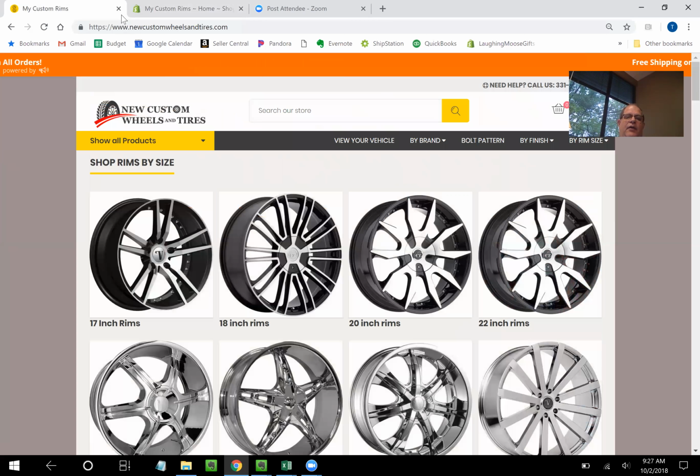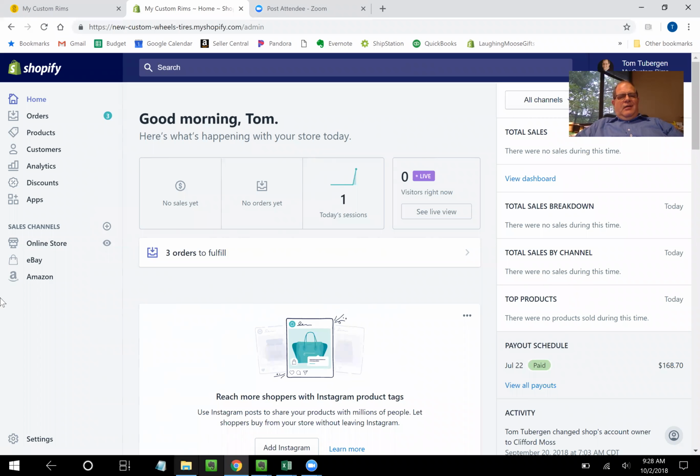So the next thing I wanted to spend some time with in this initial video is going to be your admin panel. And there's a lot of stuff in here. Not all of it is stuff that you need to be aware of, but there is stuff here you want to pay attention to. So when you log in, you're at the home page of your admin panel,